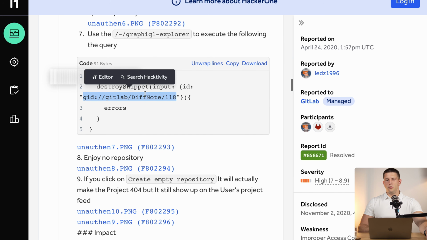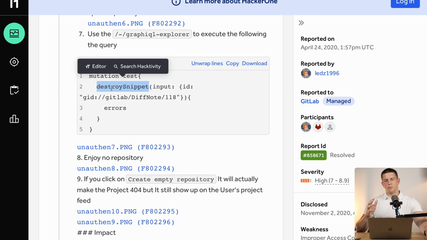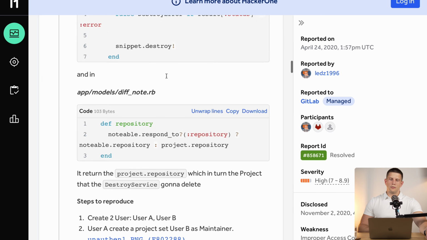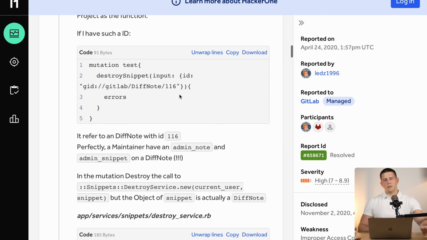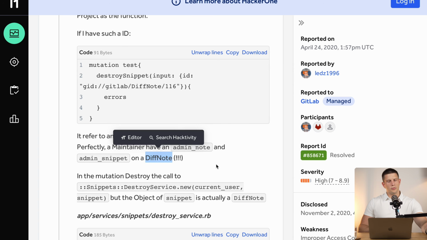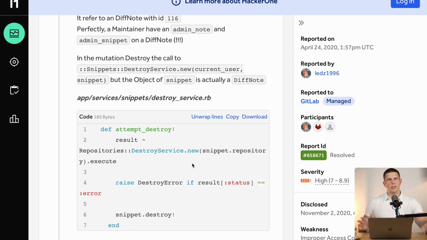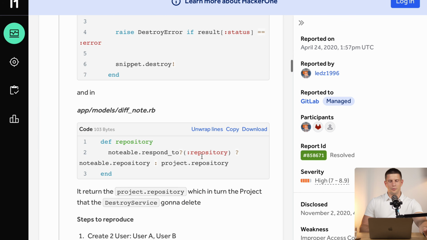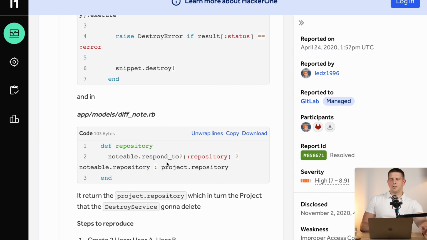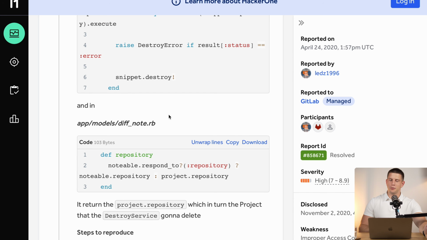So they used the destroy snippet mutation, but then they used this identifier, and we have the source code analysis here, which caused this argument to not be a snippet but a div node object. And apparently the code that was there happens to just delete the repository when this happened, which does not make sense at all to me. Even by looking at these snippets, which seem understandable, it's hard to accept how this could happen, but